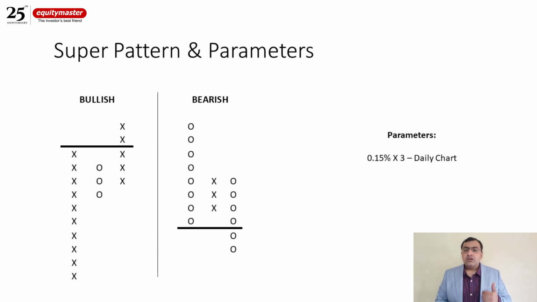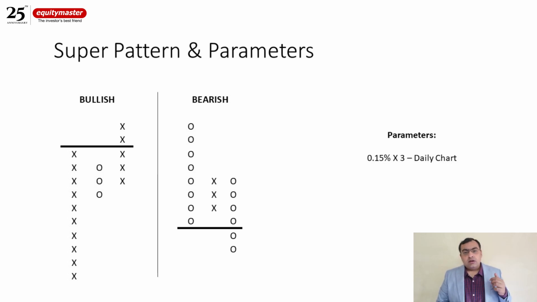So in the intraday stock selection process, what I am using is 0.15% by 3 on the daily chart. Every end of the day, I will scan these stocks, and I'll show you the scanner as well, and what software I am using. What I'll do is scan the stocks at the end of the day, and whatever stocks you find in the parameter, again it's a bias, whatever selection or basket you want to make on a stock basis, you enter into a trade. So I'll show you what stocks my scanner has thrown out and how the move has happened.